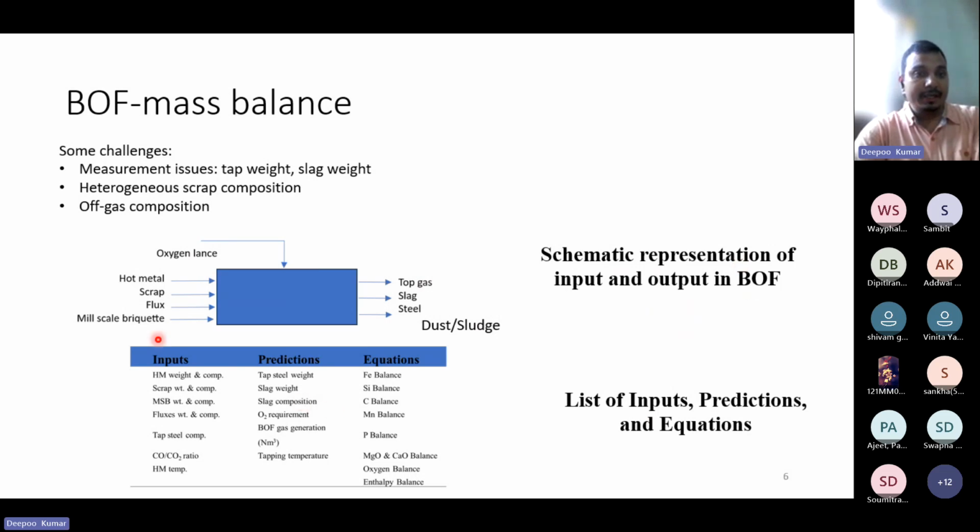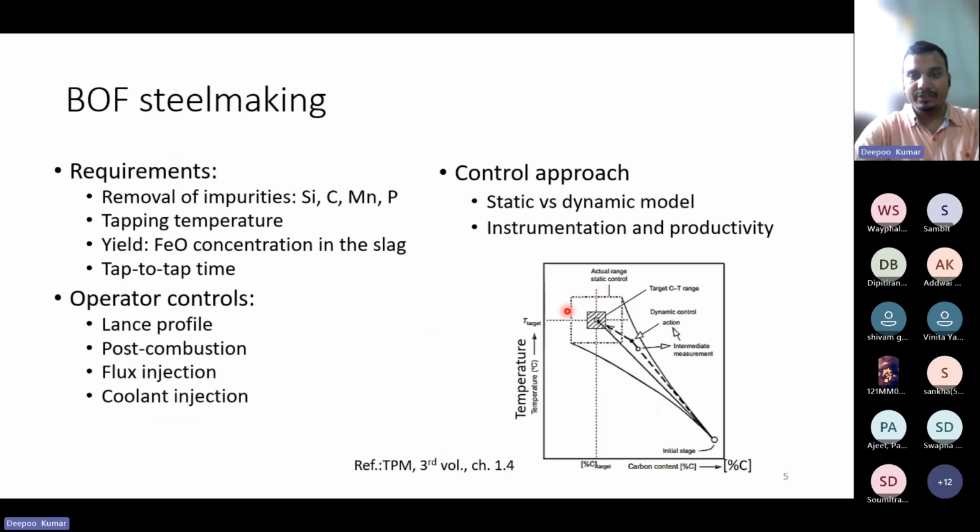So this is that, and then to write the mass balance, you have to consider some inputs and some equations. These are essentially mass balance equations, except the last one. So you can write the iron balance equation. Iron input is equal to iron in the output. There is no mass generation or destruction. So overall iron has to be balanced in the process. Iron, silicon, carbon, manganese, phosphorus. All these equations, conceptually, sound very simple. However, once you start using plant data, you will find that very often those balances don't work out, and there is a significant error. That's why there is this large